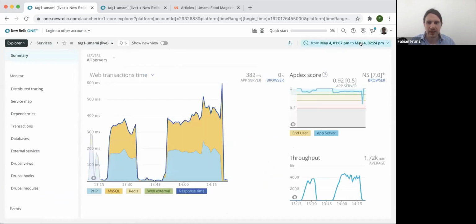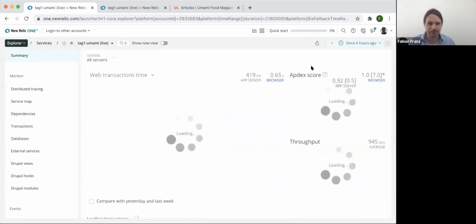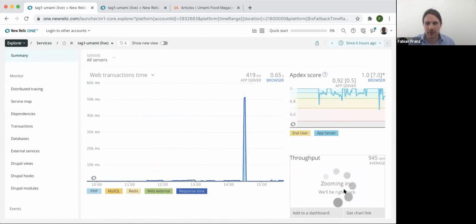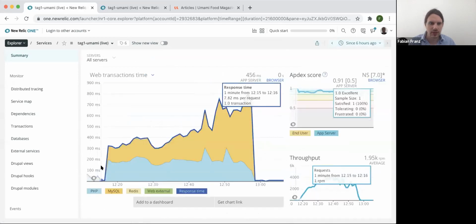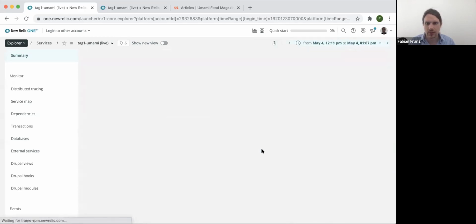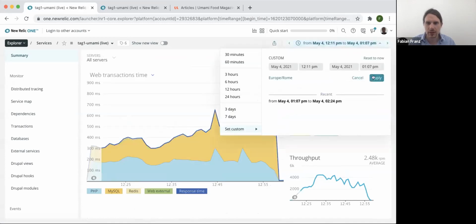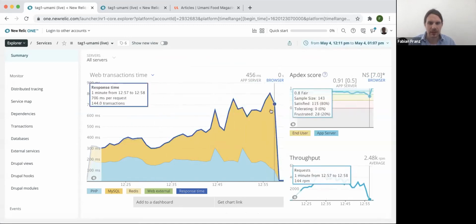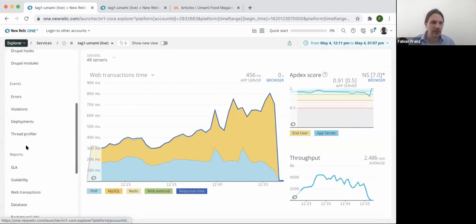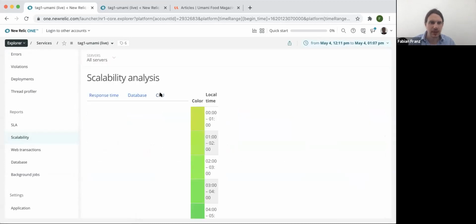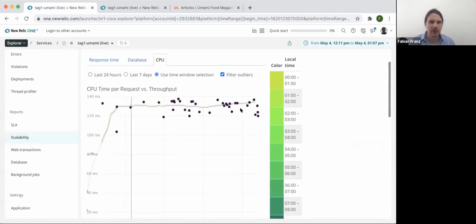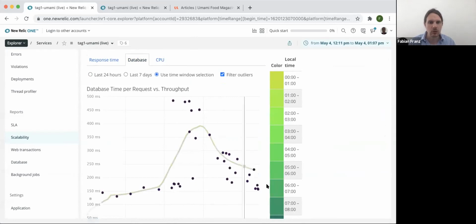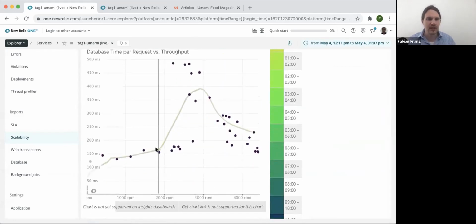However, if we look back into the larger time window and look at this very first test where we really stressed out the system, yeah, now it takes it. Apply 12.11.107. Where we had this scalability problem, which was also clearly visible here, we can also see this scalability problem now clearly here. Again, we use the time window selection. CPU is kind of flat, but if you look at the database and the time window selection, we see it goes all over. But we also see something really interesting.